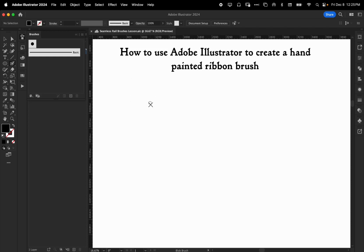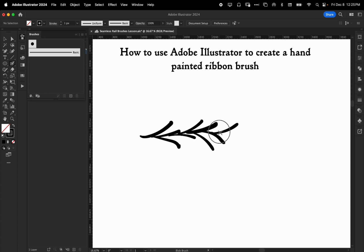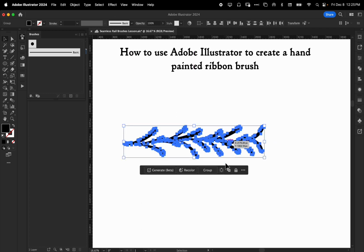When you're talking about making a hand-painted brush that's seamless, you want to make your design out of fills. That would be my first advice. I'm just going to use a black fill to make a sort of plant looking thing. The question that I saw was someone trying to make a plant wreath. So I'm using the blob brush and I would draw something, make